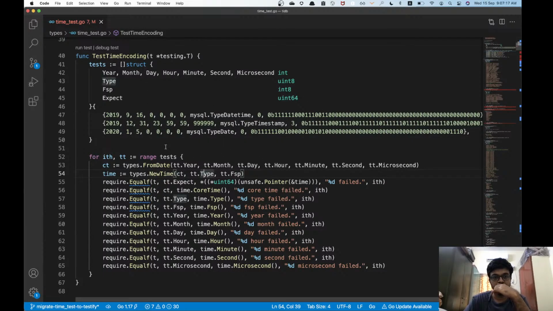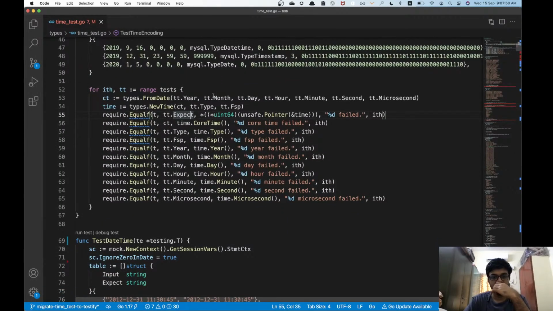And then that's it. So this goes on for each and every test. For each and every test, we check that the time.Time is the same as this, and the type is the same as this, right? Cool. And there's also some pointer stuff going on here. We have to, so there's unsafe pointer and then reference. This is the address of it. Cool.